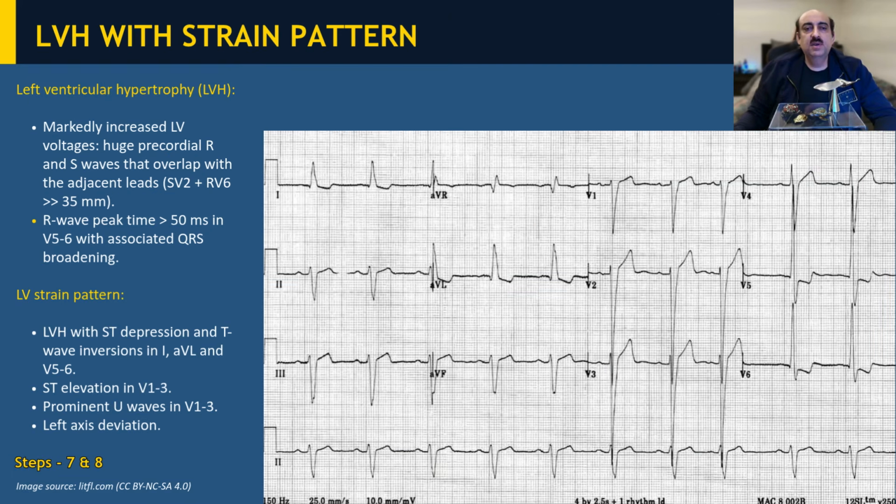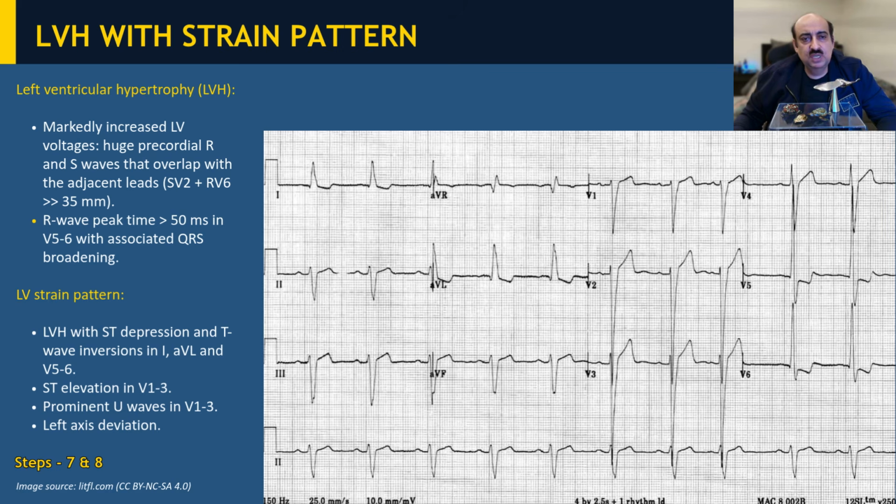Left ventricular hypertrophy with strain pattern, with or without strain. So there are many different voltage criteria for left ventricular hypertrophy. You need to look at the tallest R wave in V5 or V6 and the deepest S wave in V2 and V3, predominantly usually in V2. So if you look at this particular ECG, the tallest R in V6 plus the deepest